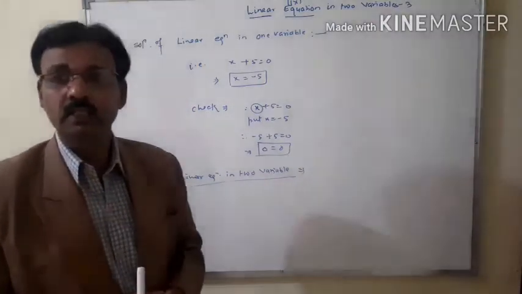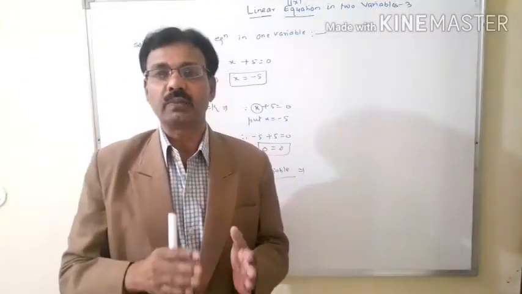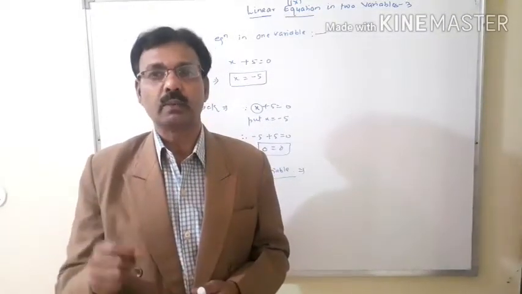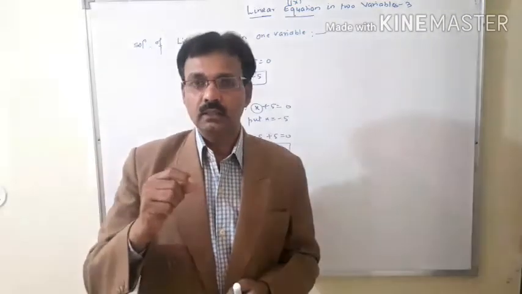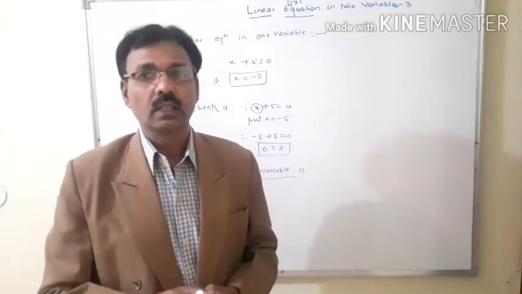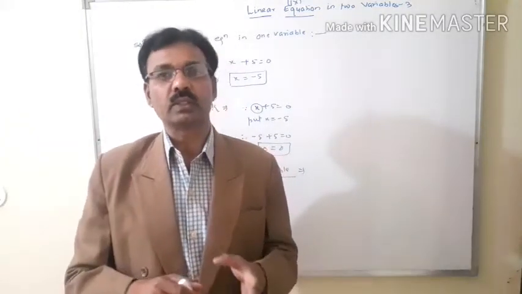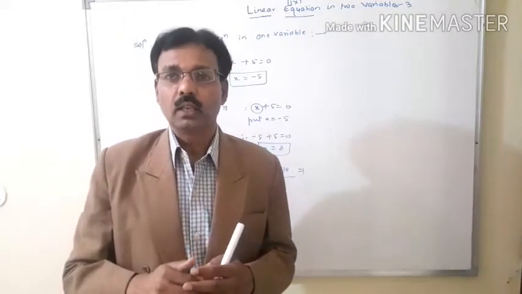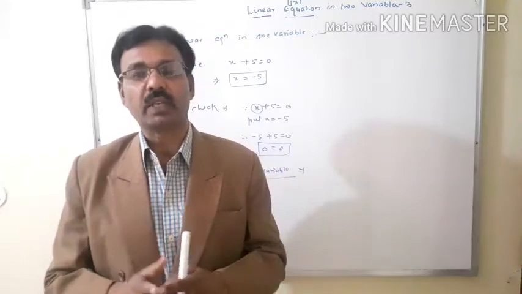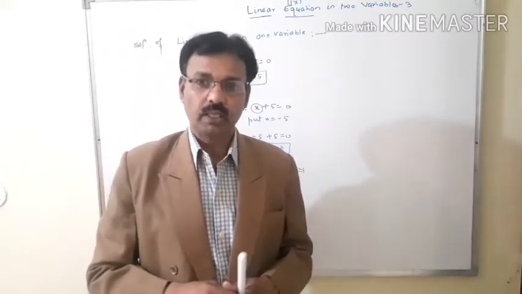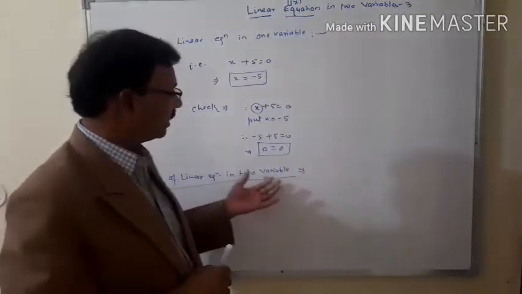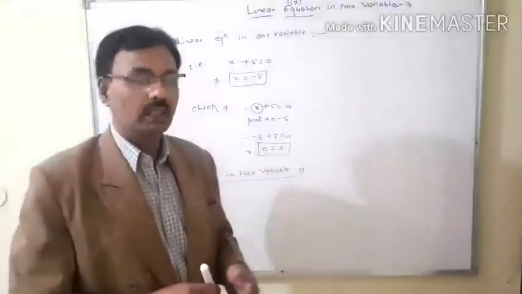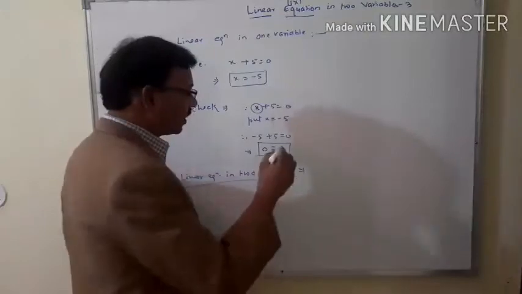But in the 9th class, a pair of linear equations in two variables is not given. A single linear equation in two variables is given, and in this situation we can't find a unique solution, but we can only draw the graph of that linear equation in two variables. But if we want to find a solution of a linear equation in two variables, then one method is given here.